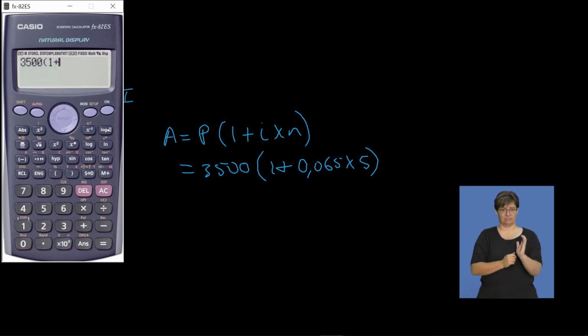Please guys, remember that you don't really need to be doing mental maths here. We have a calculator for a reason, so use it wisely, please. And this will then be our answer. So Jenna will have